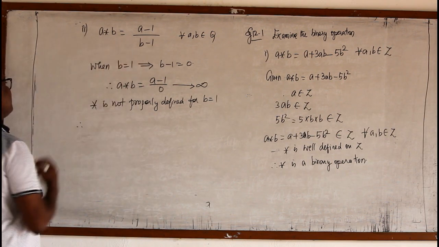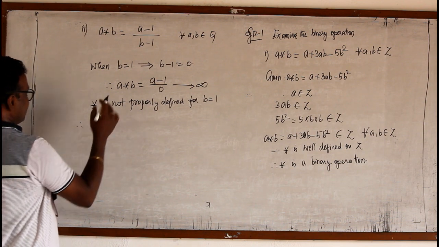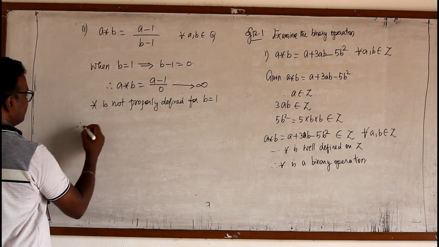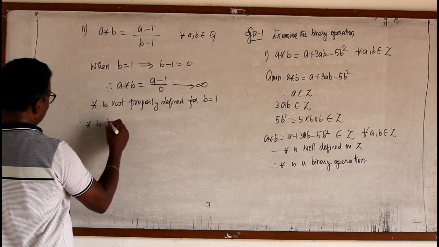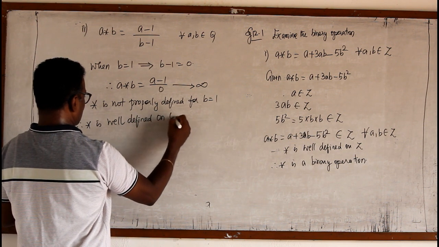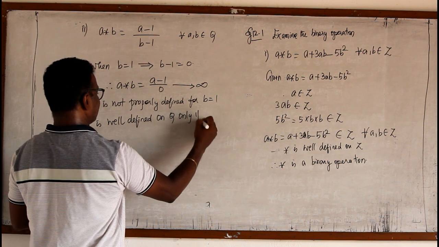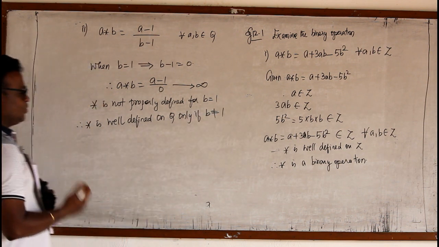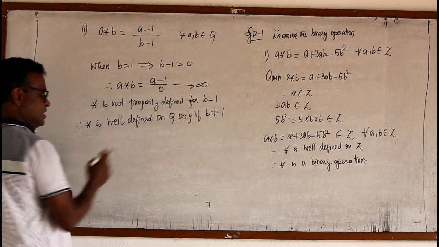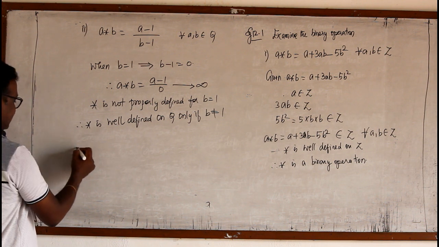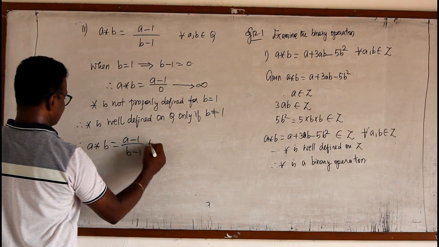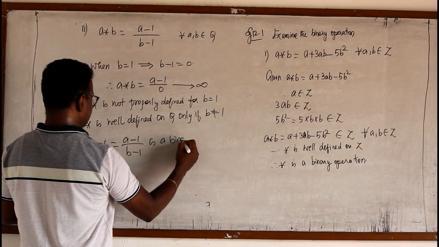Therefore, this is not a binary operation in Q. But suppose if I say B is not equal to 1, then it is defined in Q. Therefore, star is well defined on Q only if B is not equal to 1. So we must define in such a way the star is well defined only if B is not equal to 1. Therefore, A star B equal to A minus 1 by B minus 1 is a binary operation